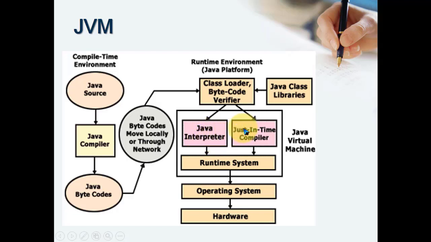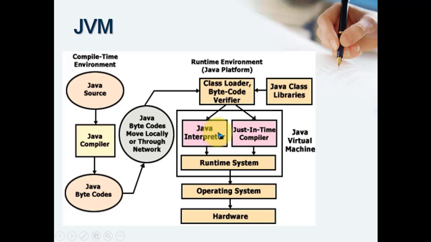But if you pass the same instruction to the compiler, the compiler will remember the previous instruction, that is a for loop, so it will only pass the value. The compiler has its own memory, which is why in that case the compiler is faster. Otherwise, if there are straightforward or new instructions, the interpreter is used. So the Java virtual machine works with a combination of interpreter and compiler. The interpreter is combined here just to speed up the Java code, because Java is already slow. So to speed things up, the interpreter is available.